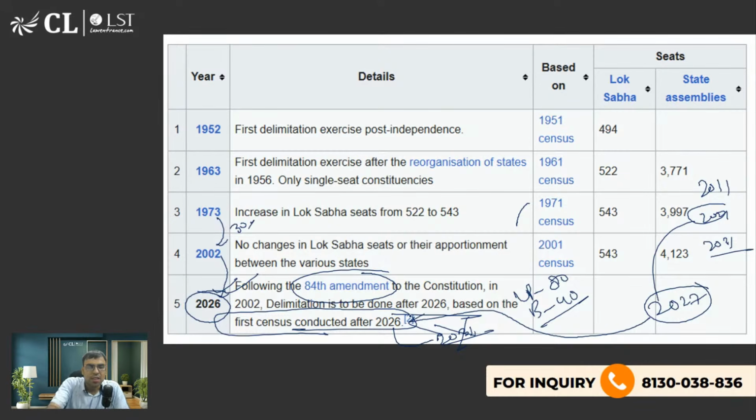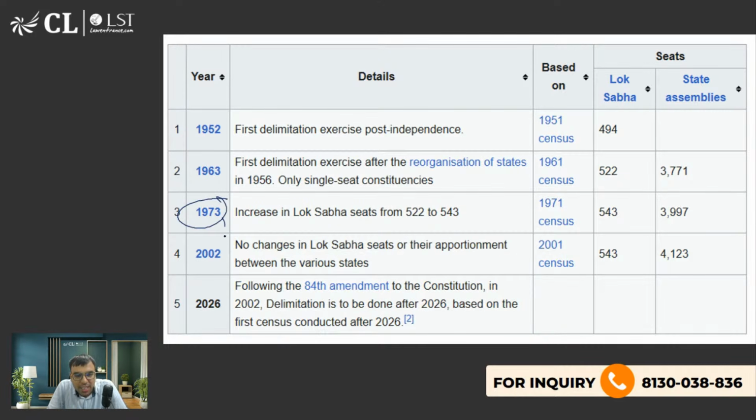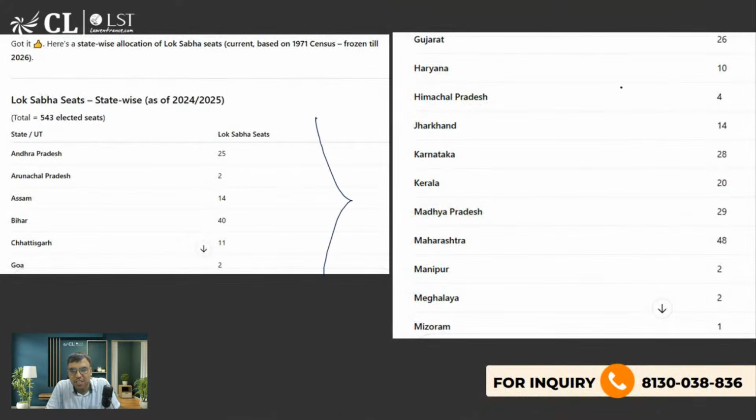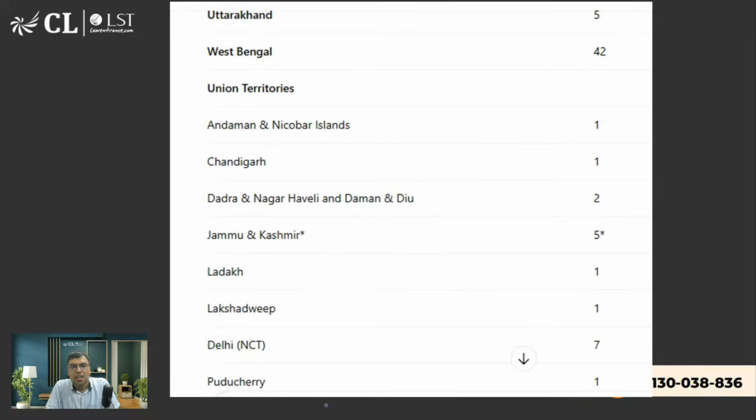हाँ ठीक है. तो उन्होंने इस हिसाब से किया था कि 2001 या 2 तक फ्रीज होगा, फिर यहां से लोगों ने 2026 तक कह दिया. ठीक है. फाइन. So that is what you should be knowing about. बाकी आप allocation of seats देख सकते हो different states का, है ना.